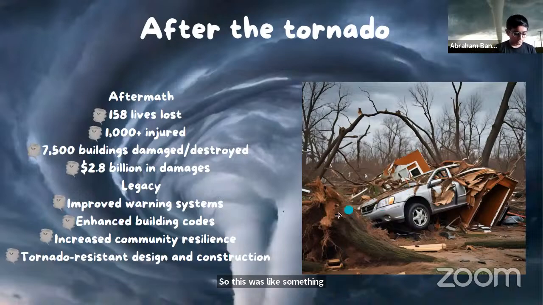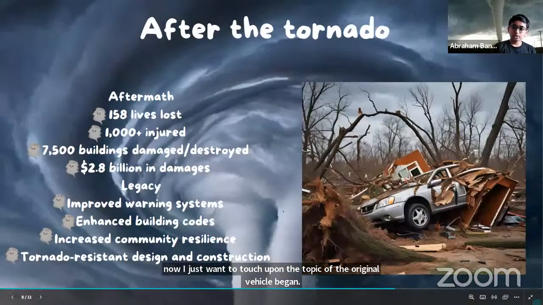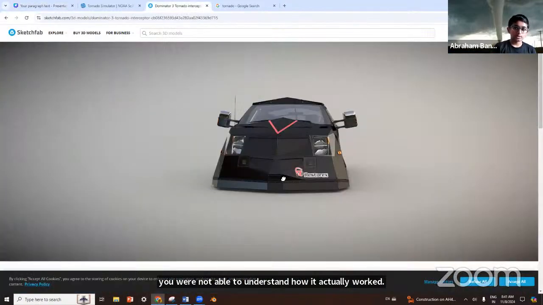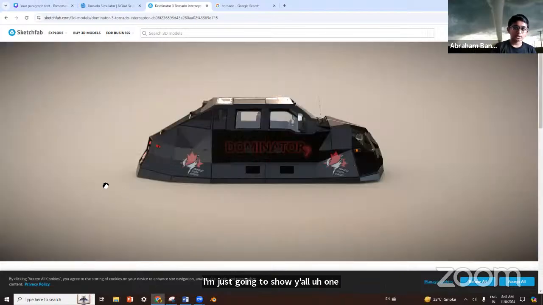Now I just want to touch upon the topic of the tornado resistant vehicles again. If you were not able to understand how it actually looked, I'm going to show you one visualizer. So this is basically how it looks.